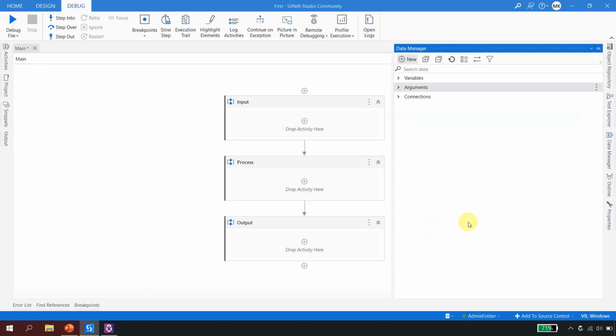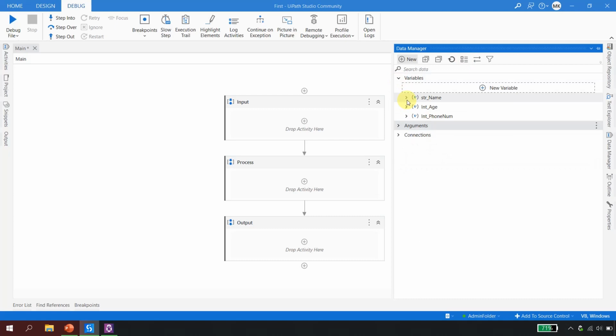In the top of the data manager, you would see this option which says group items by scope. If you notice the variables now, the variables are like this: name, age and phone number. We have seen one option where I can actually sort it by the scope. The other option is you can simply click on this button which says group item by scope, and now notice what happens to this variable panel. I click on this one and that's it, right? As you can see now, it is showing me, Mukesh, you have got three variables. Main has one variable and input has got two variables,